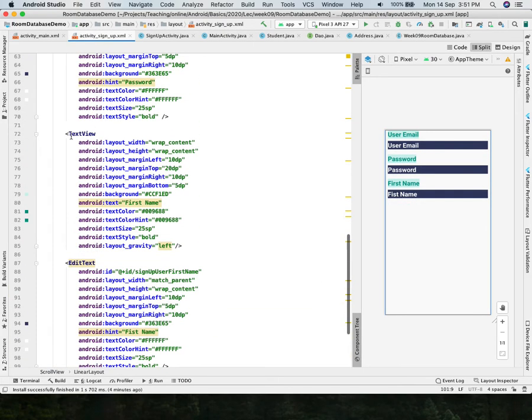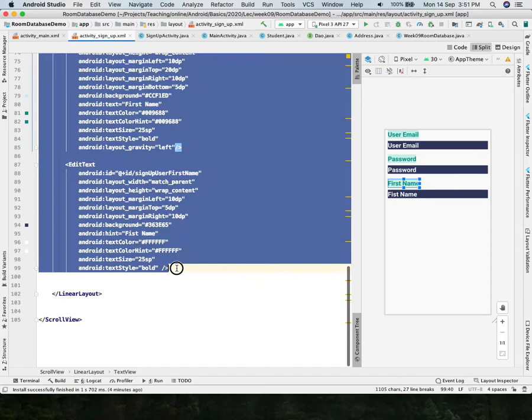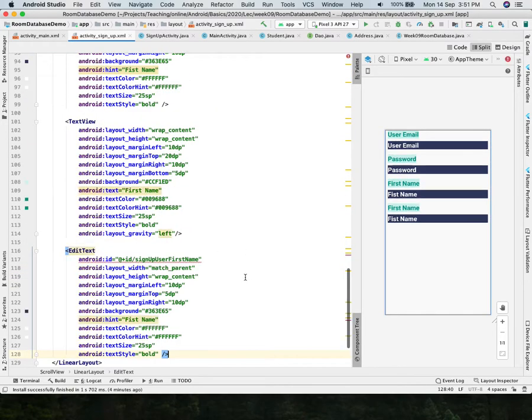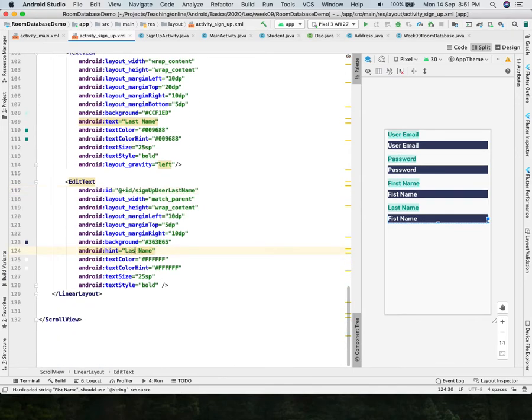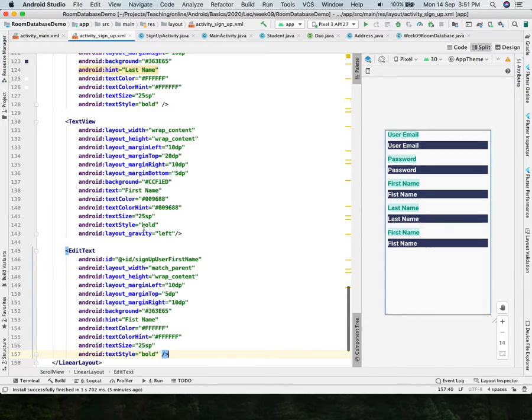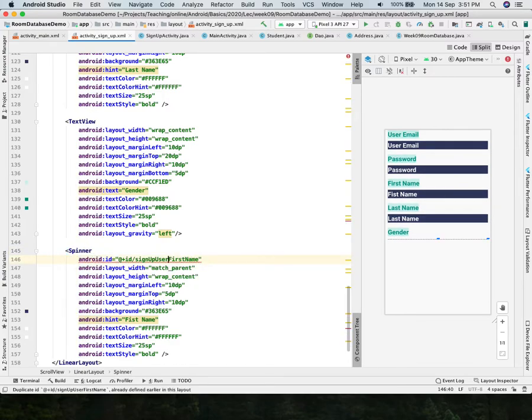Maybe I can just copy paste that particular specific thing here, and we are saying that first name, we have a last name, then we also have a last name here. So I have just created those fields for the input. Then we also have that particular specific gender, so we want to expect the gender. I want to have a spinner, and then here we say that user gender,